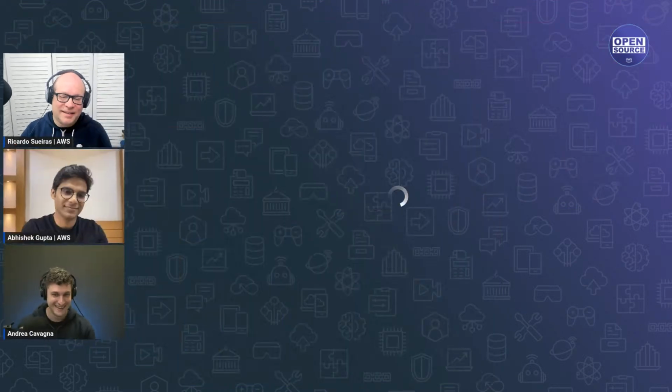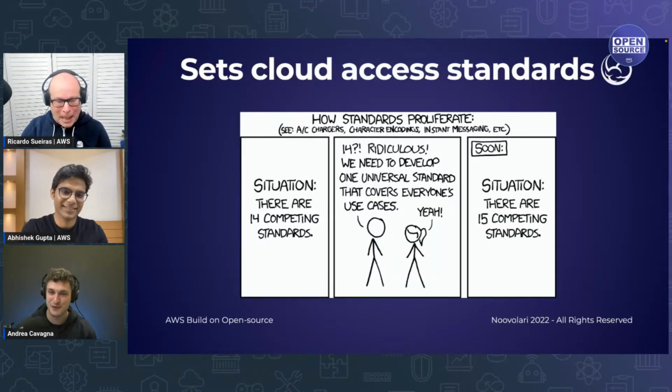I have a slide for that: I don't want to create another standard to proliferate in the open source world, because this is not the case. This standard comes from the community.